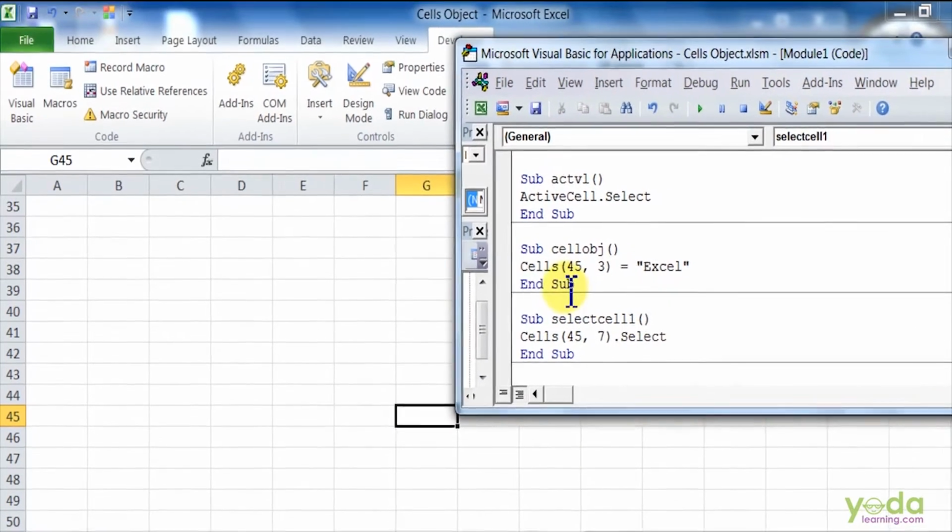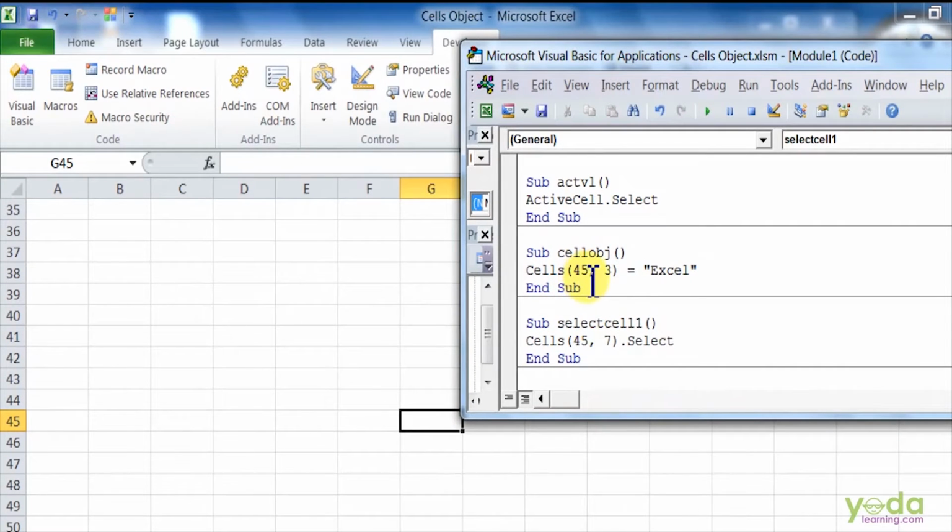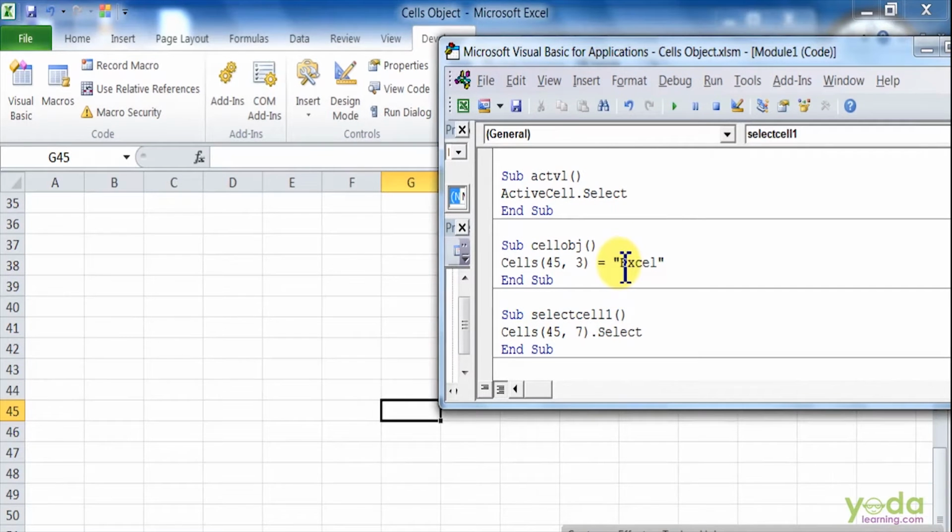Now I want that Excel should add a value to the row number 45 and the column number 3. That is, it should insert the value where the row number 45 and the column number 3 intersects. Let me execute this code.